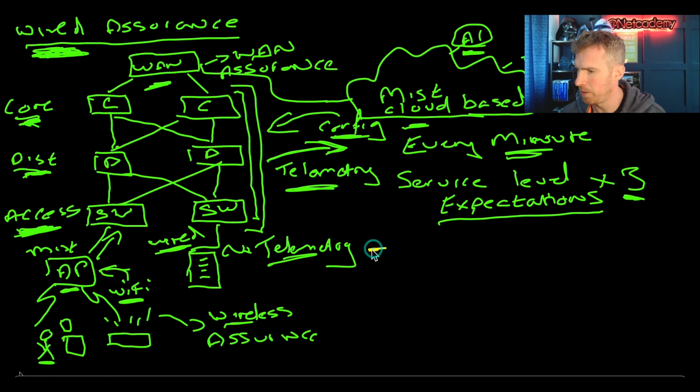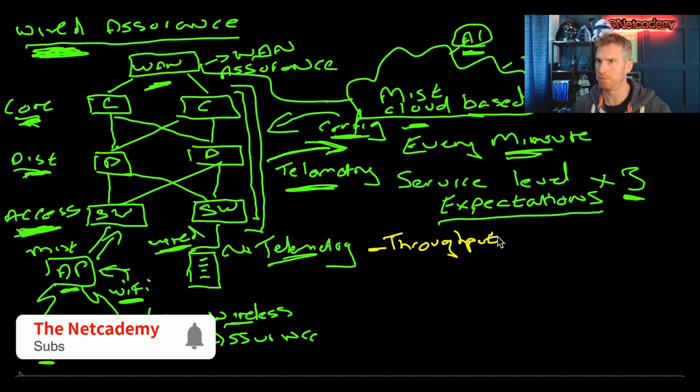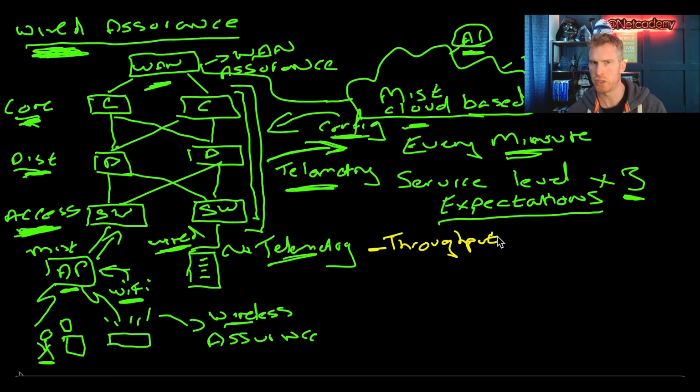I've just changed the color of my pen just to make things a bit different. But the first service level expectation I want to go through is throughput. Now, we all generally know what throughput is. Frames sent, frames received, the difference thus being the throughput, and of course frame loss, packet loss, etc. But throughput is just generally how fast can you send frames, can you send packets until there is loss, which could be caused by a number of different factors. So throughput itself is quite generic.